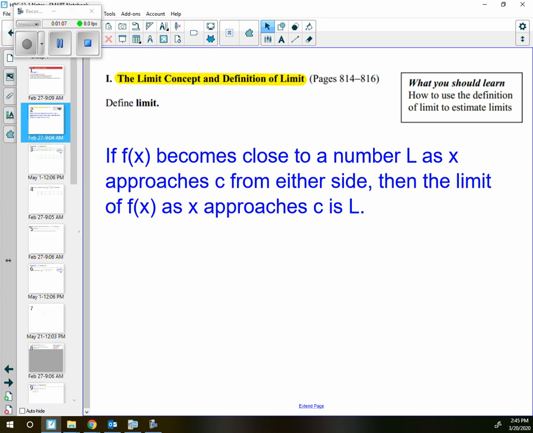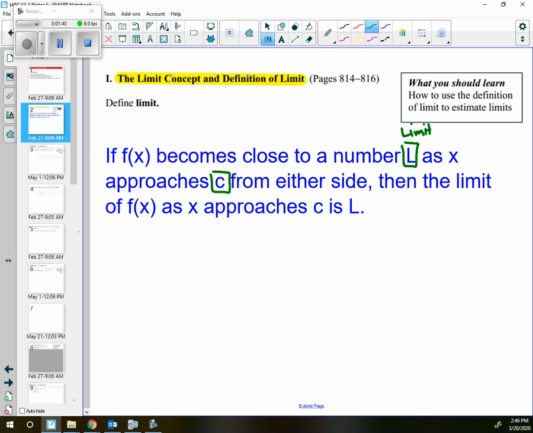So define a limit. So here's the limit definition in words. So we'll write it out in words first, but then we'll write it out in symbols as well so you can see what that means. It says if f of x becomes close to a number L. So L, we're talking about L is like for limit, so that's where that's coming from, that capital letter L. So if the function becomes close to a number L as x approaches a constant, a c, a number, so that is a constant, from either side, then the limit of f of x as x approaches c, that constant,